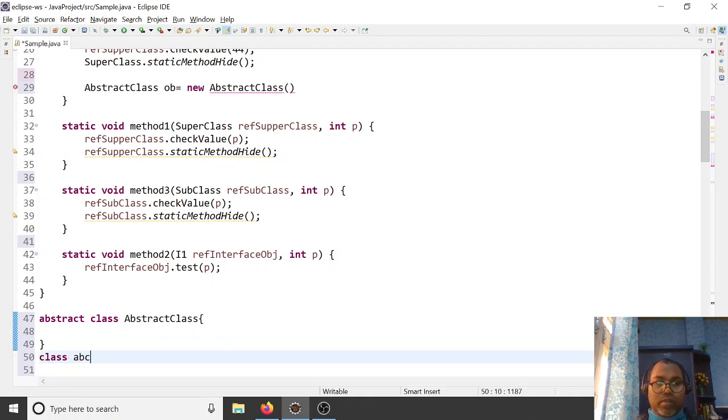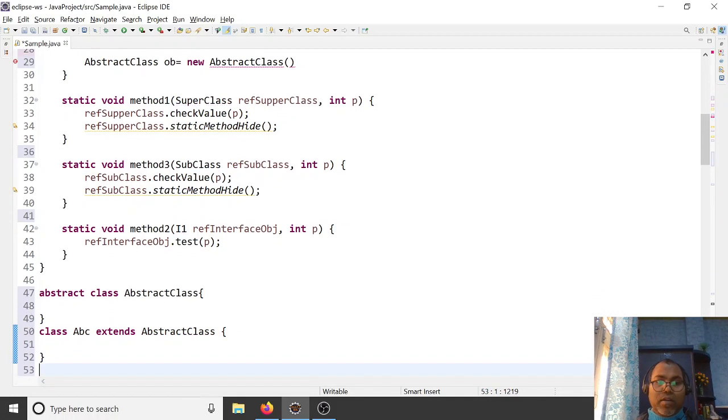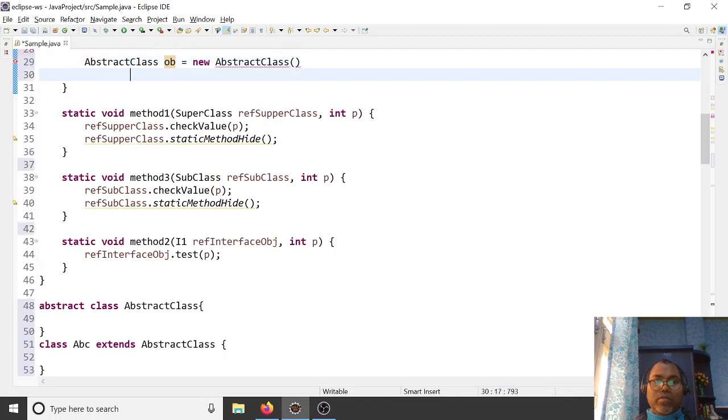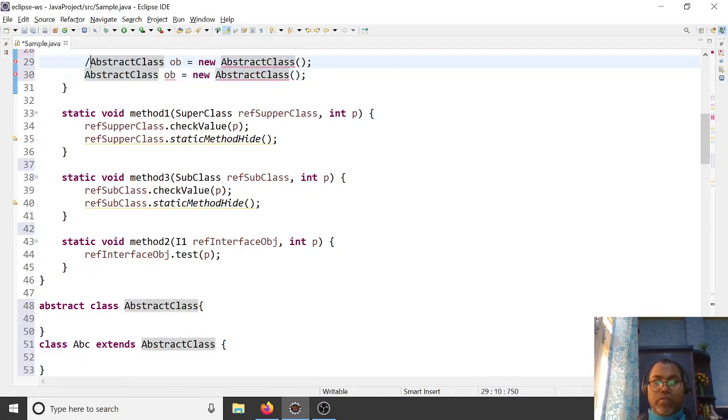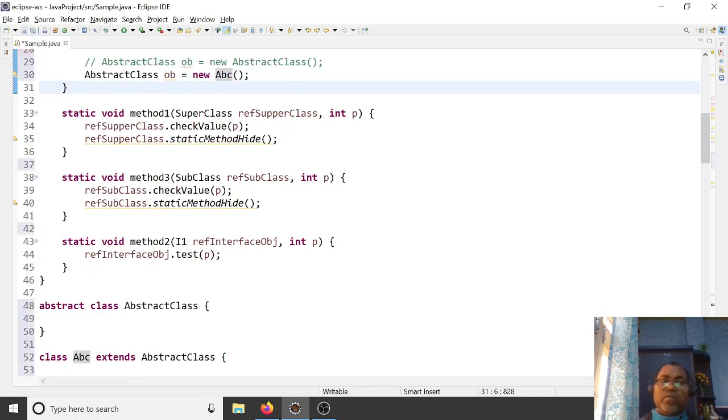Here you can make a class ABC that extends your abstract class.